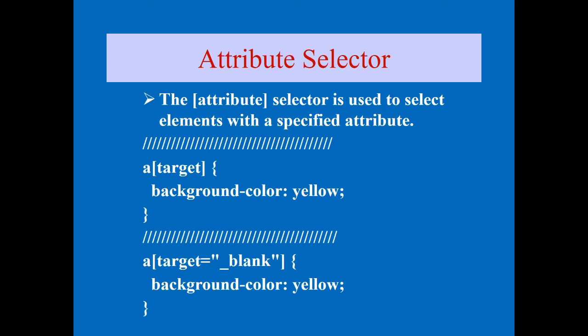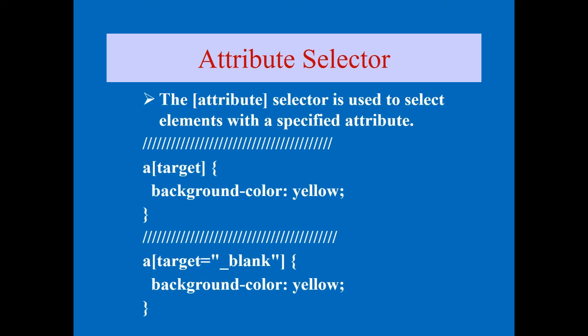The attribute selector is used to select elements with specified attributes. I discussed attributes in the first and second videos. Any element has attributes. Take the example of the anchor, a for anchor. Anchor is used for linking from one page to another page, and target is one of its attributes. href is also one of the attributes. So attribute selectors are used to select elements with their specific attributes. For attributes also you can provide the properties, right?